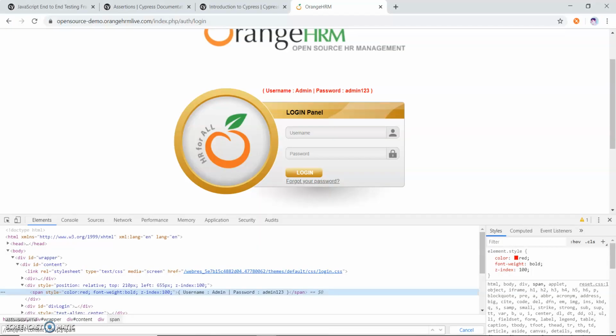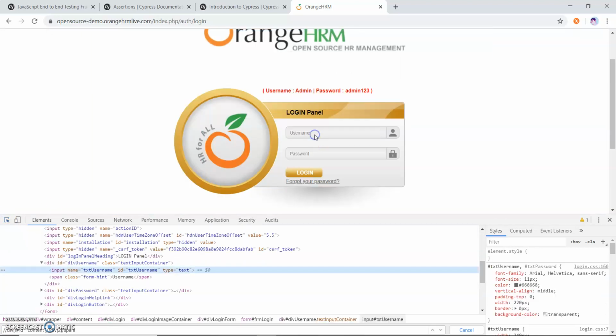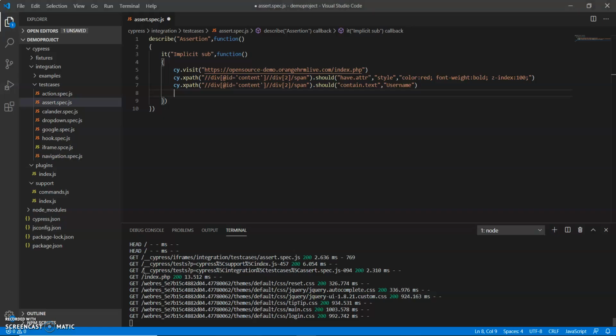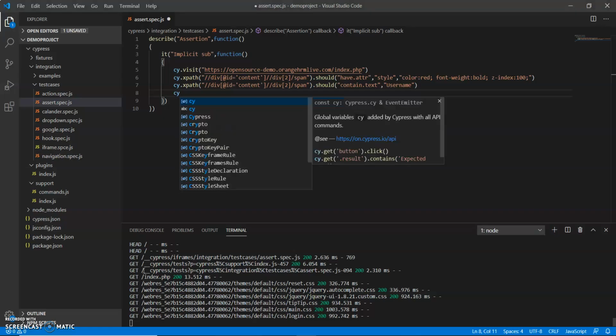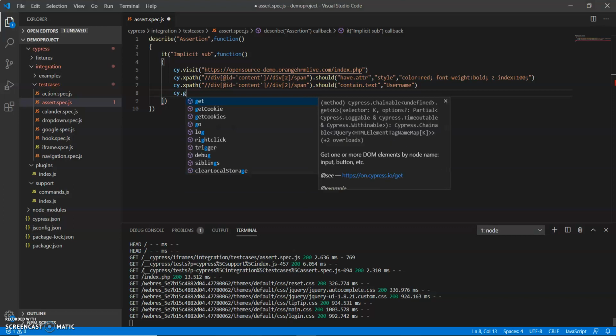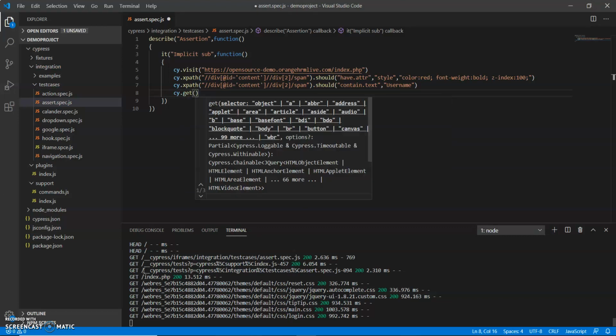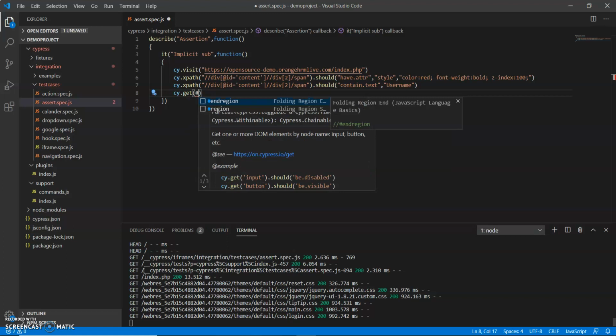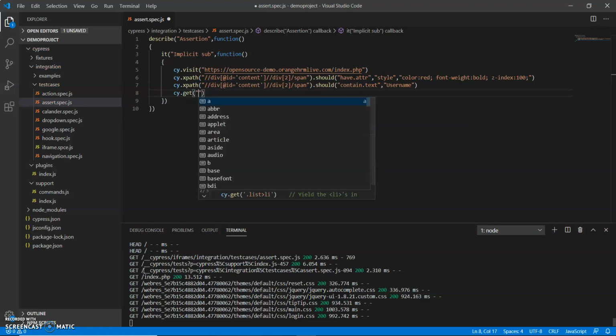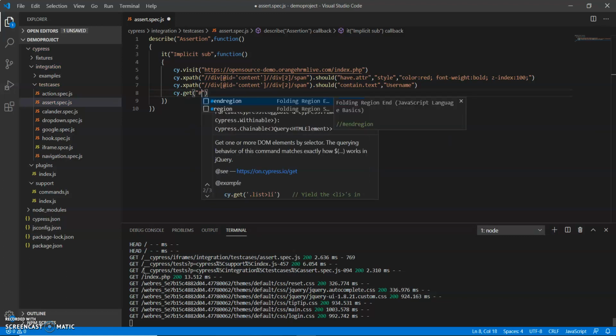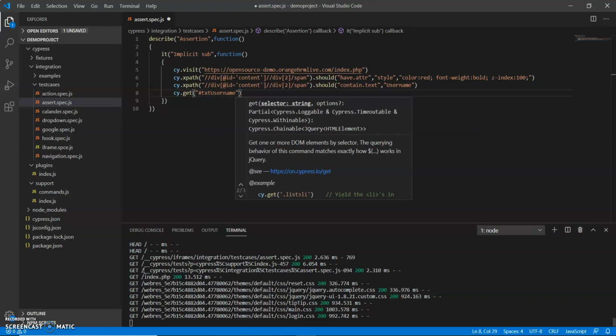So and is basically a chain where we have to assert two or three assertions on a single element. So we can use and. So what I do, I just go and use this element. I will take the id and put some assertion. Dot get, here I'm using a CSS selector. So I use get, and where I have to use XPath, then I use XPath, right?